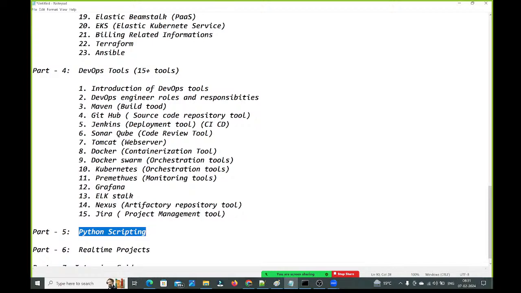In one interview for our student, they opened one code containing 150 to 200 lines, and asked him to explain that code. You should explain what is class, what are conditions, what are loops, and how to write functions. If you know, then you can explain that code easily. If you don't know, how can you understand that code? So that's why, from basic up to the level required as a DevOps engineer, I am going to cover. Don't worry. As part 5, we are going to discuss Python scripting. We are going to spend almost 15 hours only on this Python scripting part, guys.